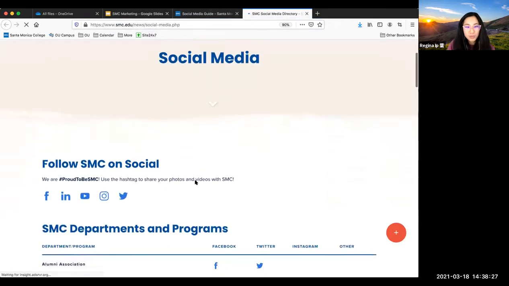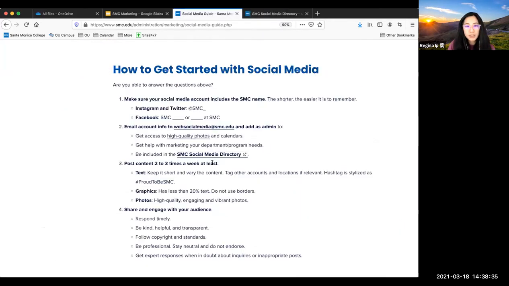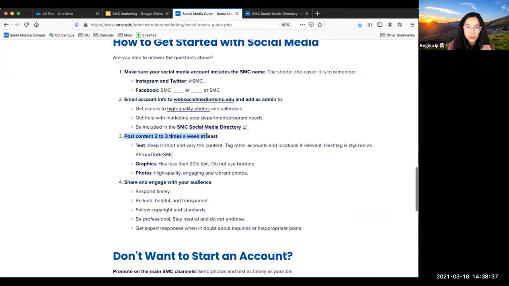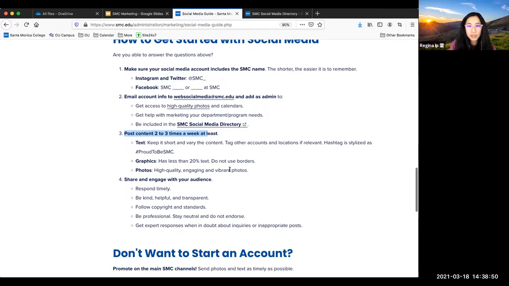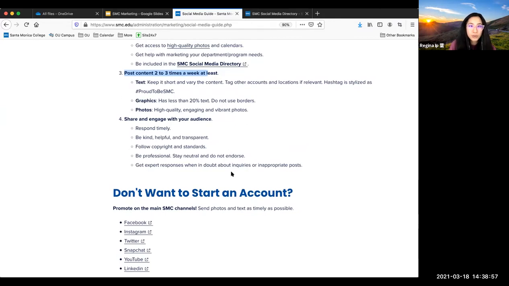Oh, there we go. So these are some of the channels that are currently existing. If you want to be added here, you can just email us. And then, like I mentioned, post 2 to 3 times a week, keep it short. Graphics should have less than 20% text. Similar to the web, we try to be consistent on digital platforms, and try to use high quality, engaging, authentic photos. And the best way to grow your audience and to get good engagement is to respond timely to them,